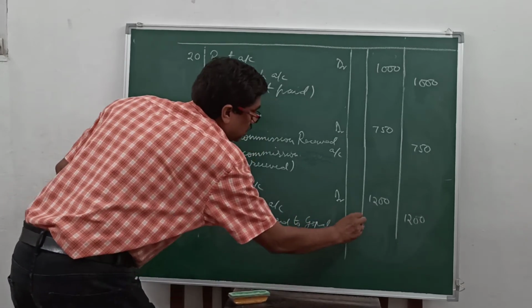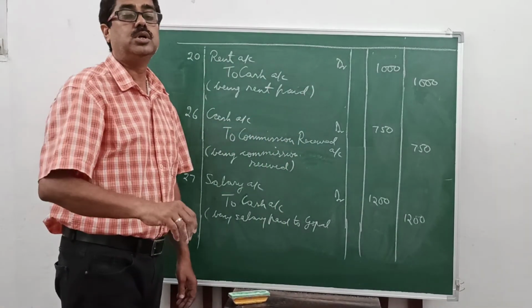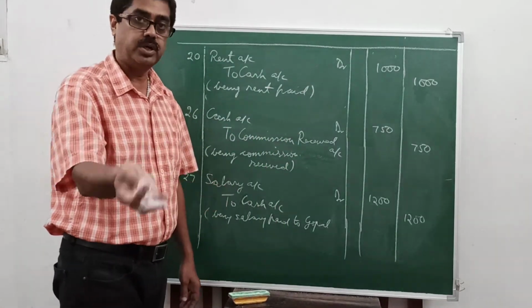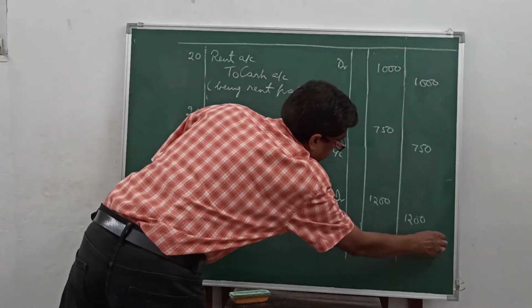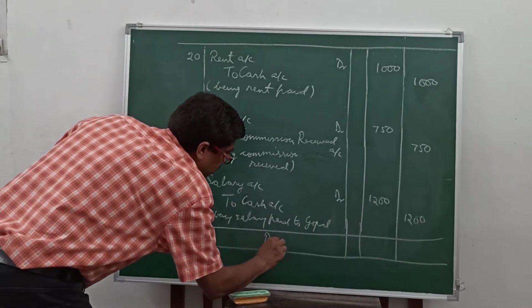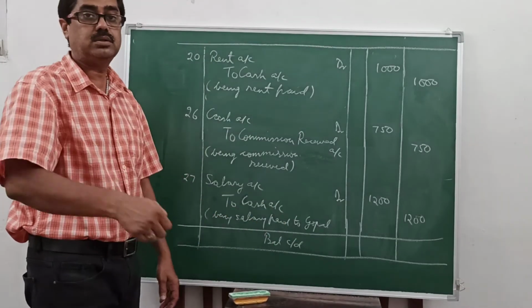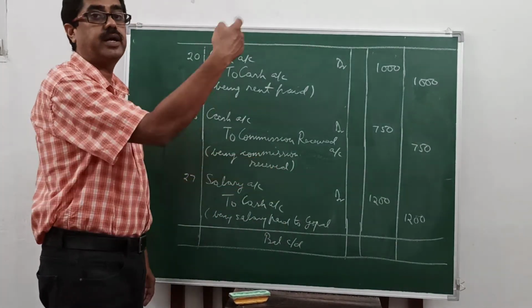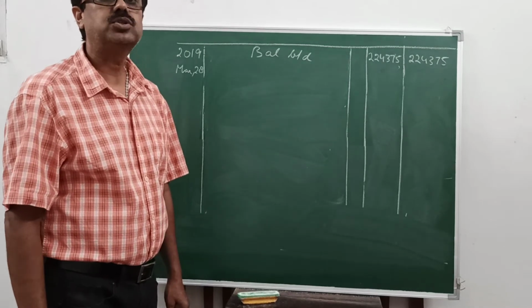Now since my page has ended after 6 entries, or you may have one more entry in your place, you can continue. I'll carry the balance to the next page. Balance carried forward: you add them on a calculator, and whatever figure comes, you write there and carry forward to the next page. Coming to the next page now.